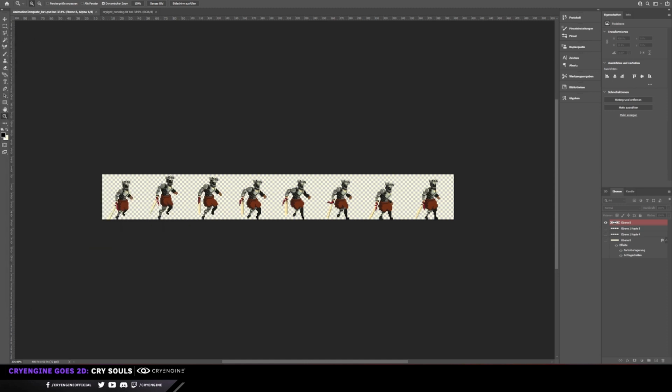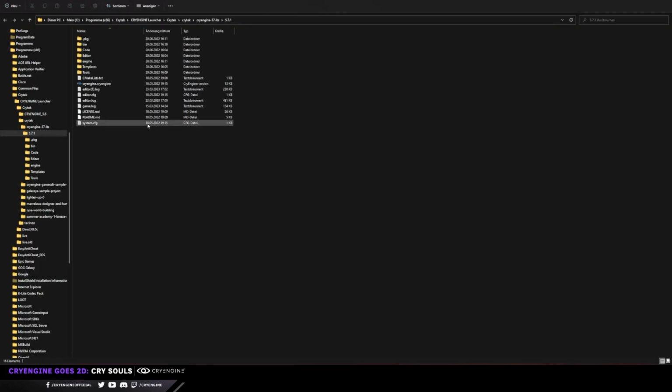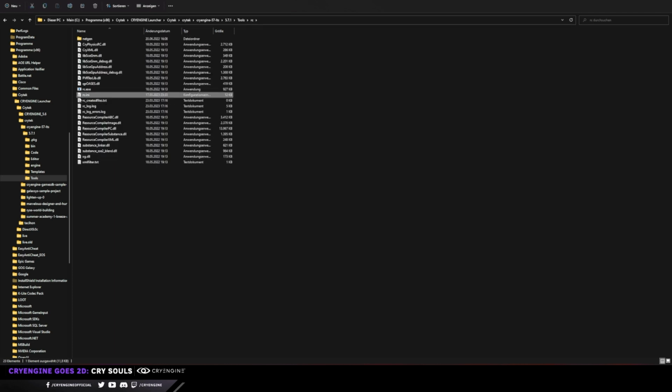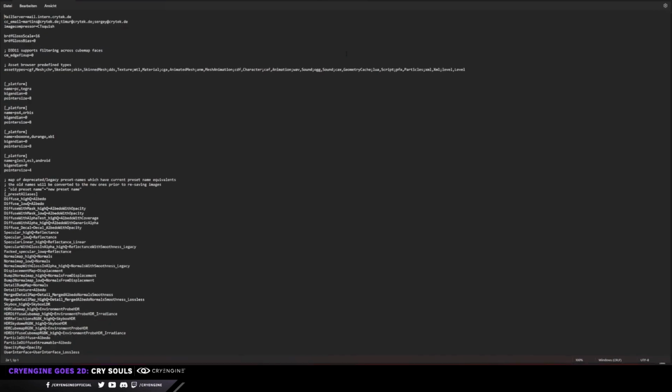You would have to go into the directory of your CRYENGINE, wherever you installed it, and you go to tools first, then you go to RC, which is the resource compiler, and you open this little ini here, rc.ini. In here, there's a little restriction that restricts you from